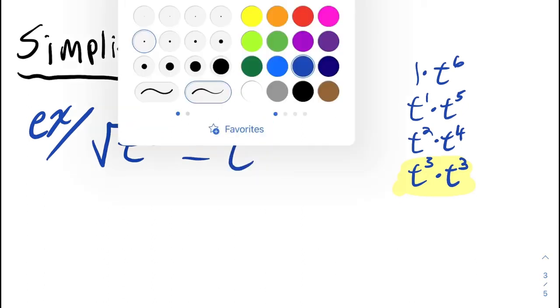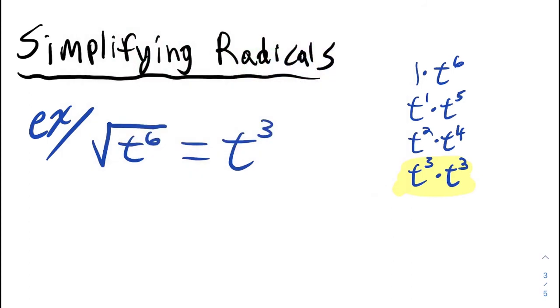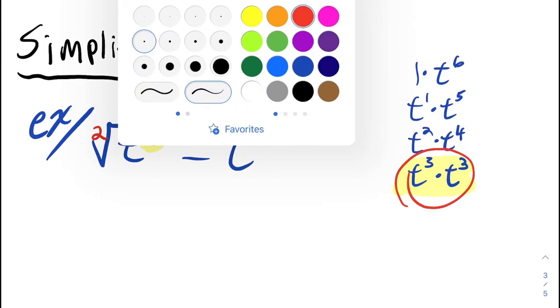Now, the astute watcher might realize that the index of a radical when there's no index given is 2. And since the exponent was 6, it would be easy to get that answer by taking the 6 and dividing it by the 2 to get that power of 3 without having to go through all these steps. And that would be absolutely right. So for example,